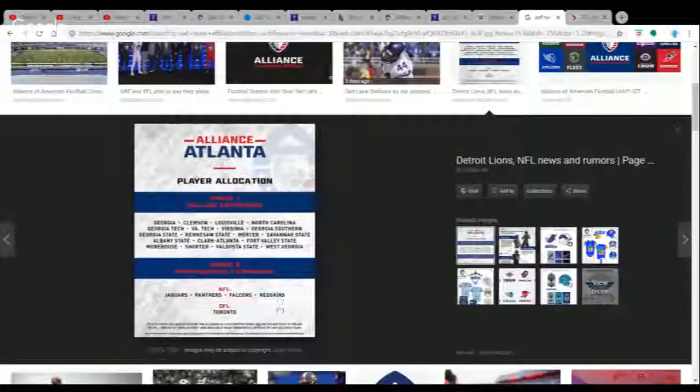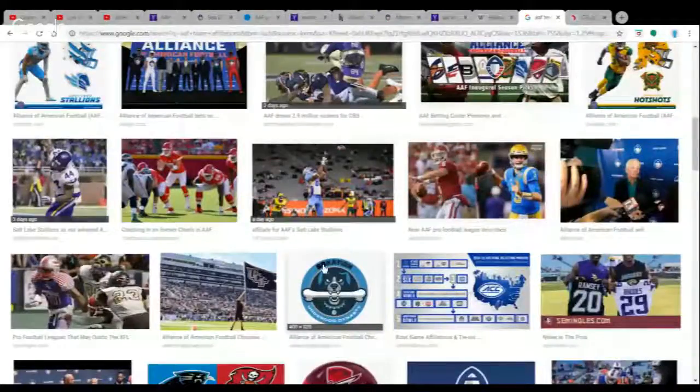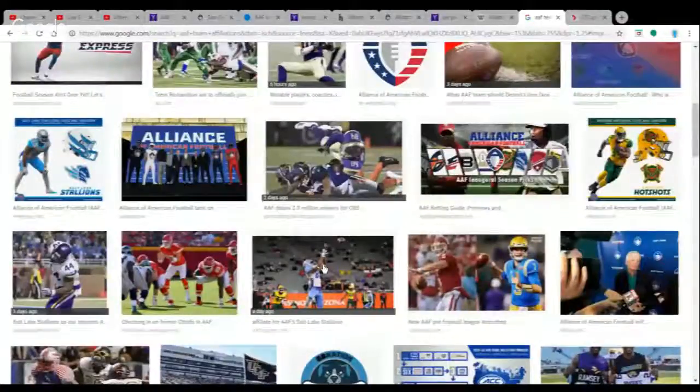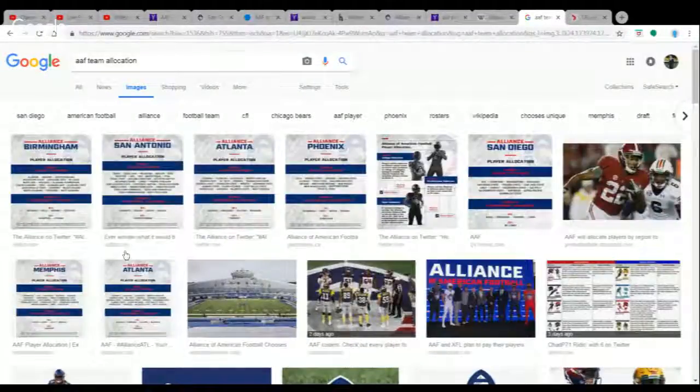Atlanta's NFL teams: Jags, Panthers, Falcons, and Redskins, and their CFL team is Toronto. I've got to find out which CFL team is Ottawa. Maybe if I change the... Well, the Stallions is Calgary. Oh, here we go. Here's all of them. Okay, perfect. I'm going to pull all these up too. So Phoenix is Edmonton, Atlanta's Toronto, Saskatchewan, Montreal, and